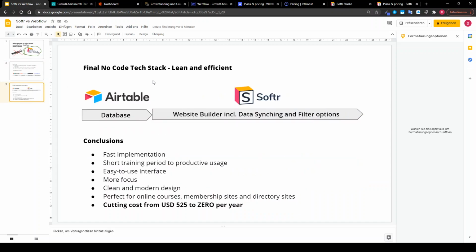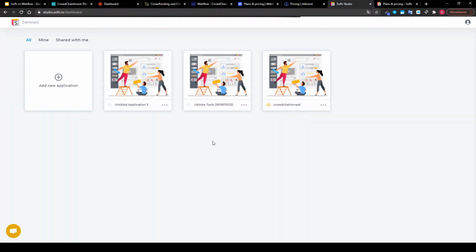Let's have a look here. So you can use Airtable as your database, Software as a website builder, and data synchronization and filter options are already implemented. Let's have a look here. So now,